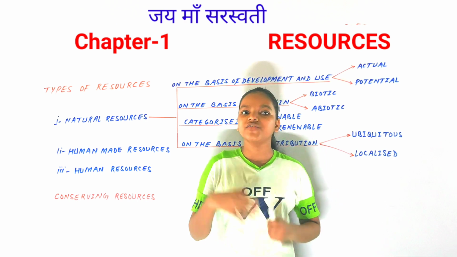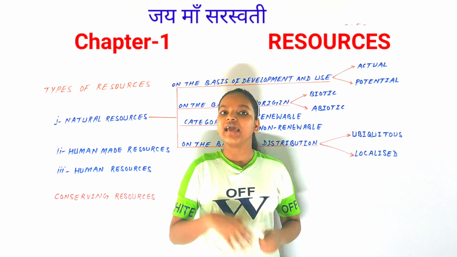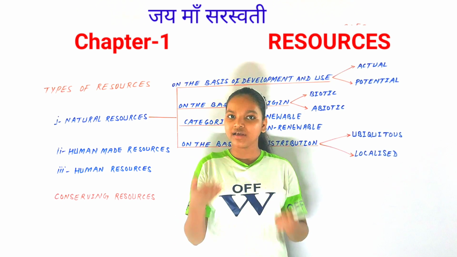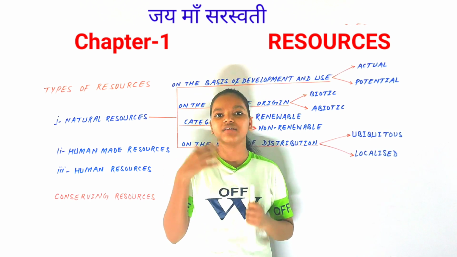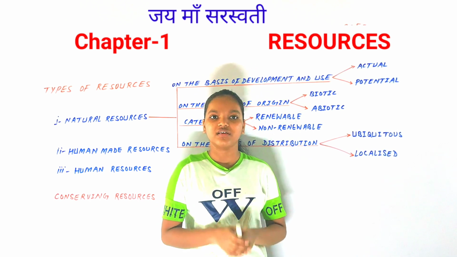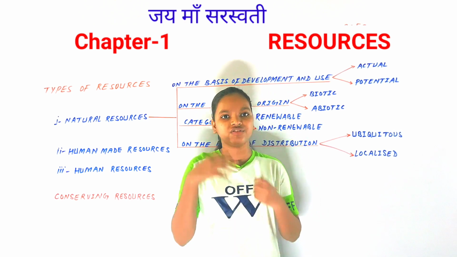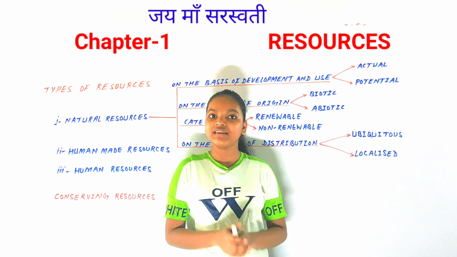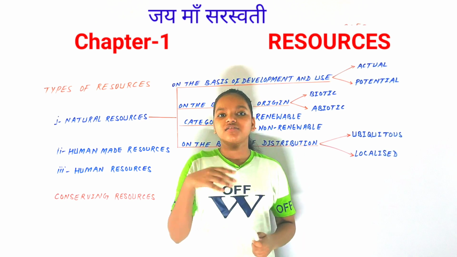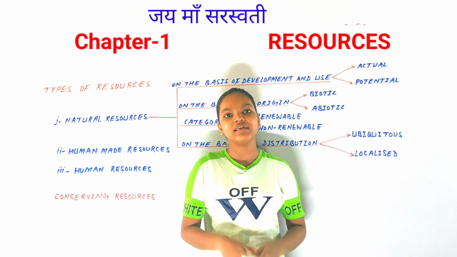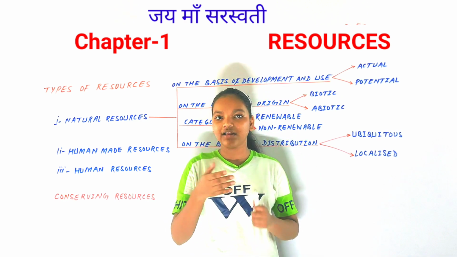So what are resources? Anything that can be used for our needs can be a resource. For example, vegetables, rickshaw, trees, fruits: these are all resources because they have one thing in common, that is utility or usability. Utility or usability is what makes an object or substance a resource. So anything that has a utility can be a resource, and resources can have an economic value or